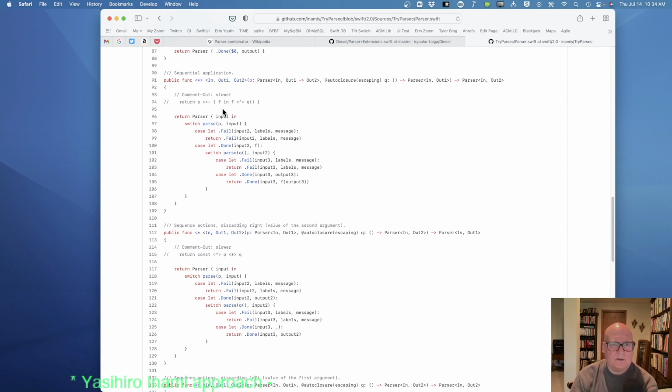Okay, so we're going to try and run the parser on the input. That gives us a function from out 1 to out 2. Then we're going to parse Q on the rest of the input. And return the result.